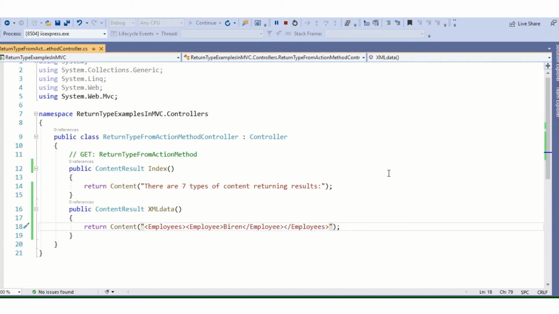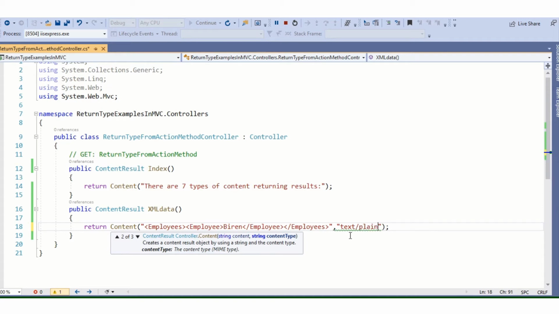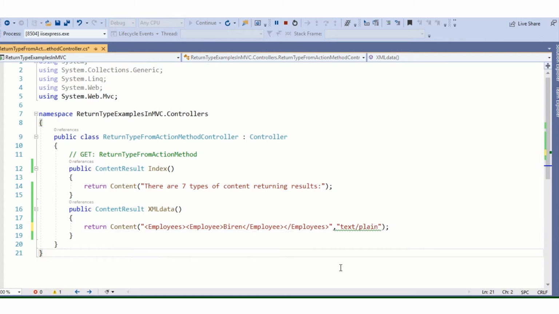Suppose I want to return the total XML value, then I have to write the content type. As there is nothing, it is taking the plain content type and ignoring the XML tags. But if I write text or plain here,